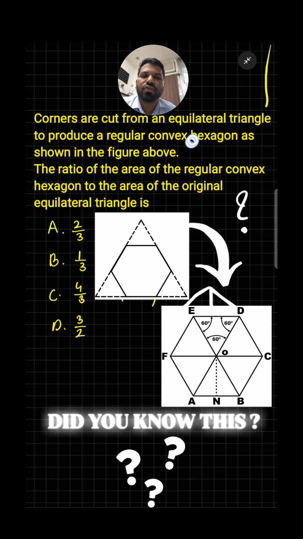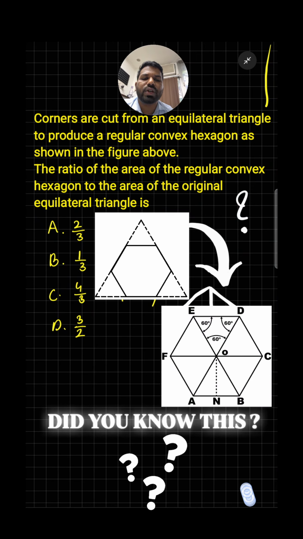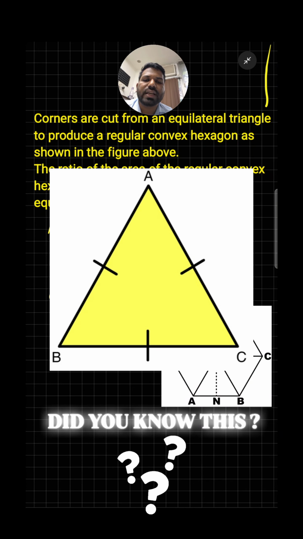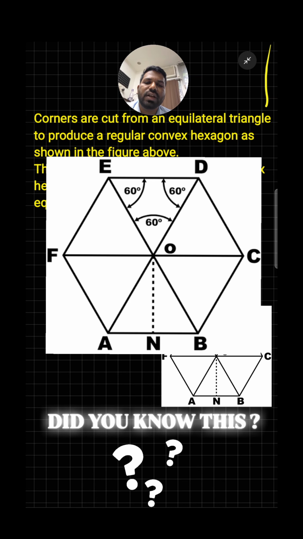Well, the corners are cut off from an equilateral triangle to produce a regular hexagon. What do we mean by an equilateral triangle? One where all the sides and angles are equal, being 60° each. And a regular hexagon is the hexagon where all the angles are equal, being 120° each, and all the sides